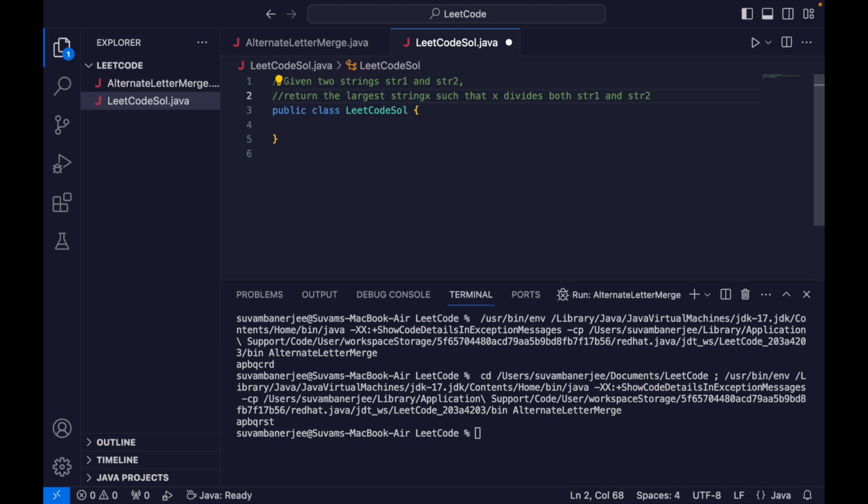To find the largest string x that divides both, you need to find the